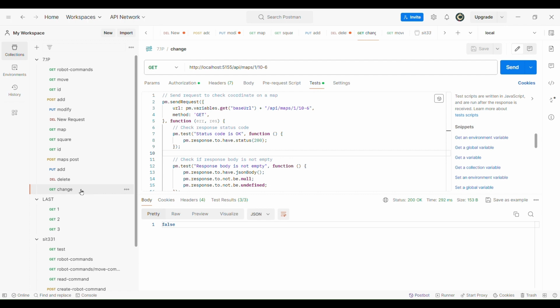Firstly, it will verify that the status code of the response is 200, indicating a successful request. Next, it will confirm that the response body is not empty and is in JSON format. Finally, it will check that the response body contains a boolean value indicating whether the coordinates exist on the map or not. These tests ensure that the API endpoint is functioning correctly and provides the expected result regarding the specified